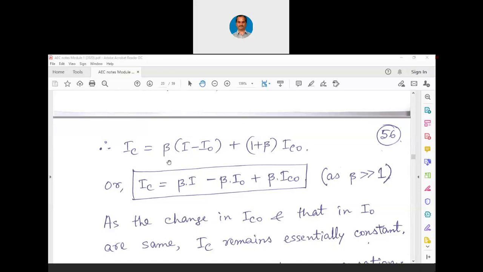BJT is larger in size, MOSFET is smaller in size, and as such we need electronic products which have to be lightweight, which have to be smaller sized. So that is how everywhere the electronic products got designed primarily by MOSFET and not by BJT. So all these circuits are not of much application now.